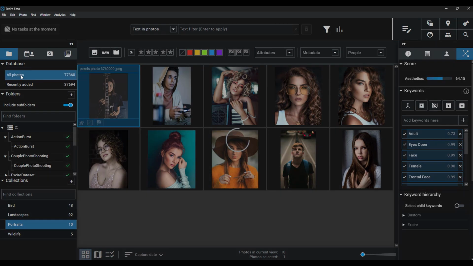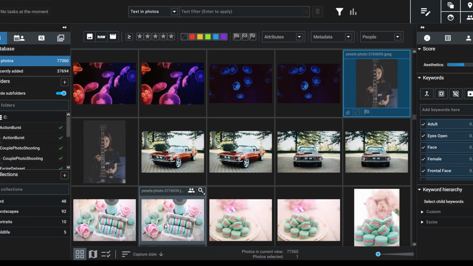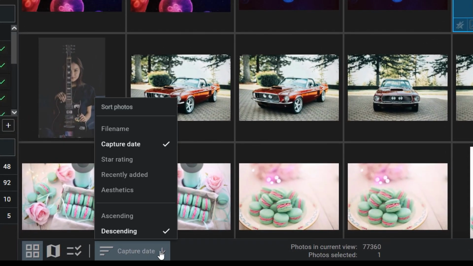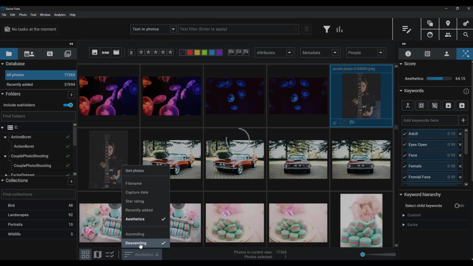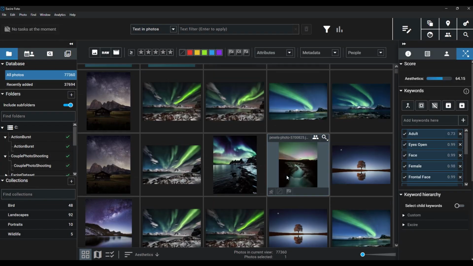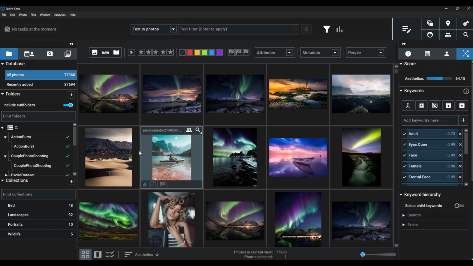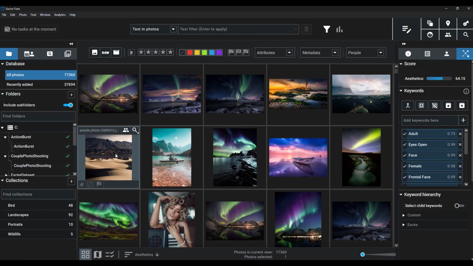So if I go here to all photos, because I want to have a large number of photos to do this with, I come down to sorting options. I can say sort by aesthetics, make sure it's descending. If I scroll up to the top here, you can see the images that Excire has evaluated as most aesthetically